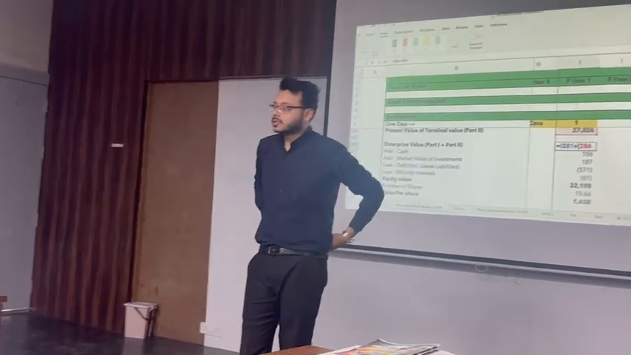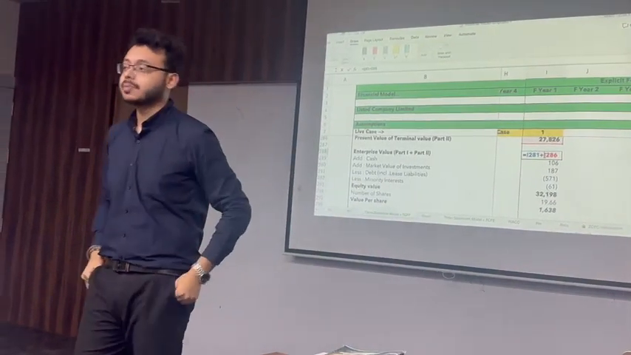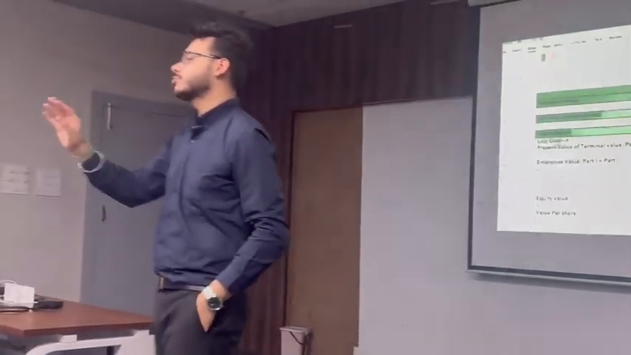ठीक है, तो वो हमको समझना है, terminal value के बारे में समझना है, cash flow statement के बारे में समझना है. So cash flow statement में again you have to understand that the major business of a company is coming from the cash flow from the